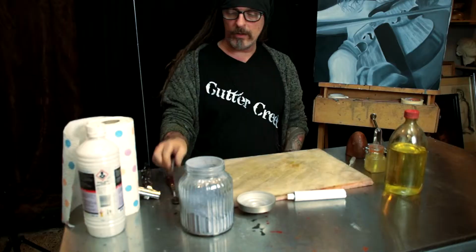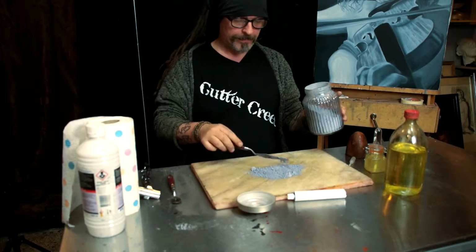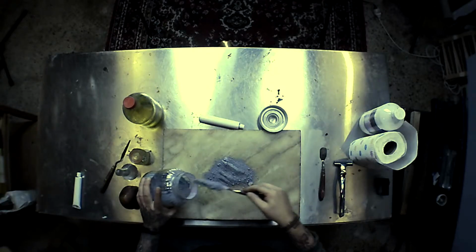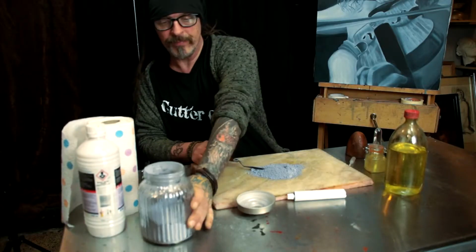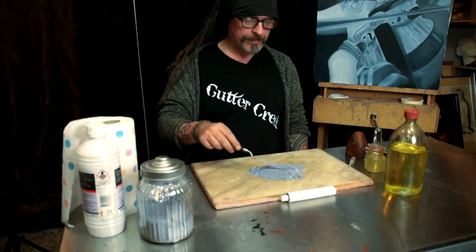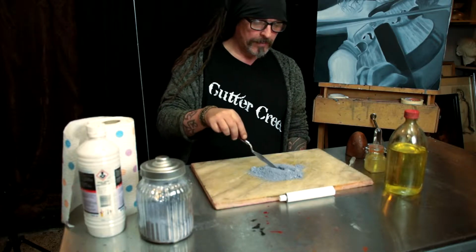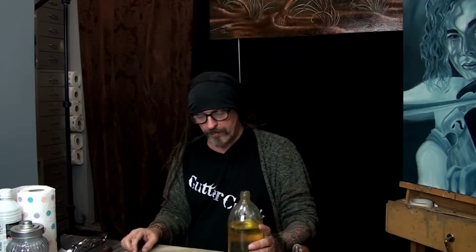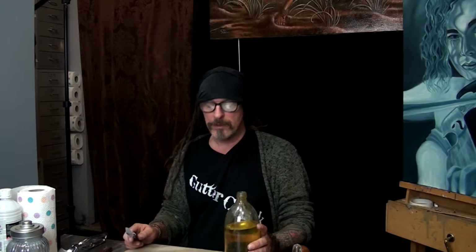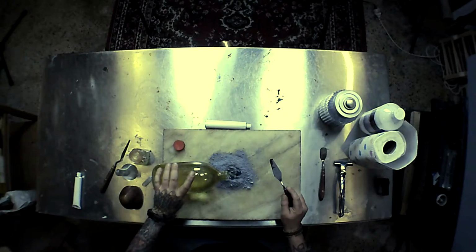Of course you need linseed oil, and you also need a couple of palette knives. So I think I need something like this. It's a little bit of a guessing game, how much you need for a tube like this. But I think it's something like this. And you make a little mountain, and you put a little hole in it like a volcano. The amount of linseed oil is always different with every pigment, so you have to use it a little by little, just a tiny bit by a tiny bit. So put a tiny bit of linseed oil in there,